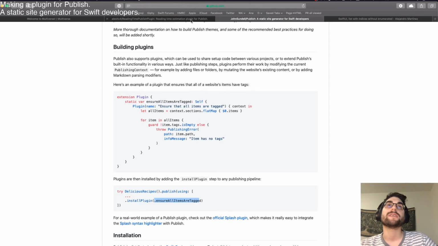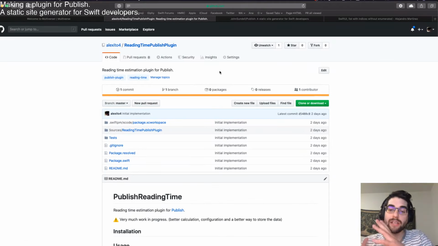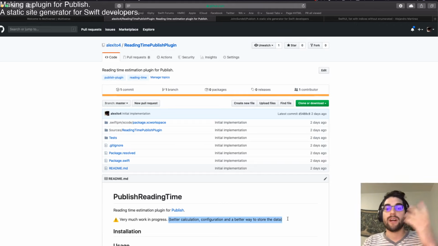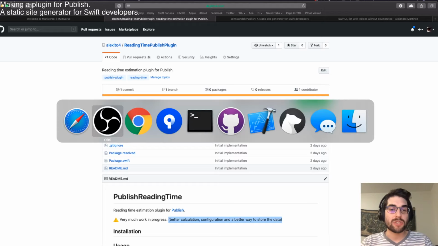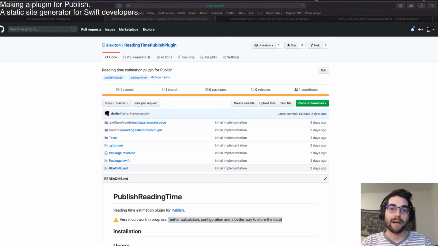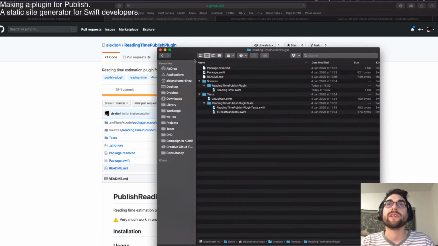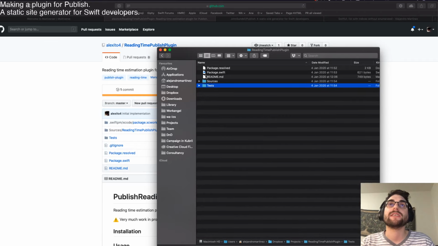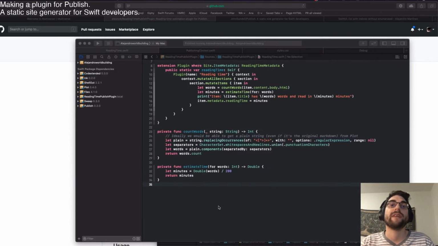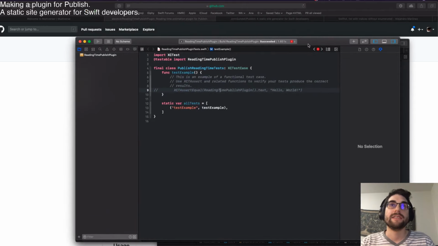So to start with this, I'm going to give you a brief overview of what the state is here, and I'm going to give you a couple of things that I need to finish, and I want to try to improve one of these things. So first of all, I just created a repo. Basically, to start with, I created a package with Swift Package Manager. That's the first thing you need to do. So you just create a package that you can open right now with Xcode directly, and this is the package,